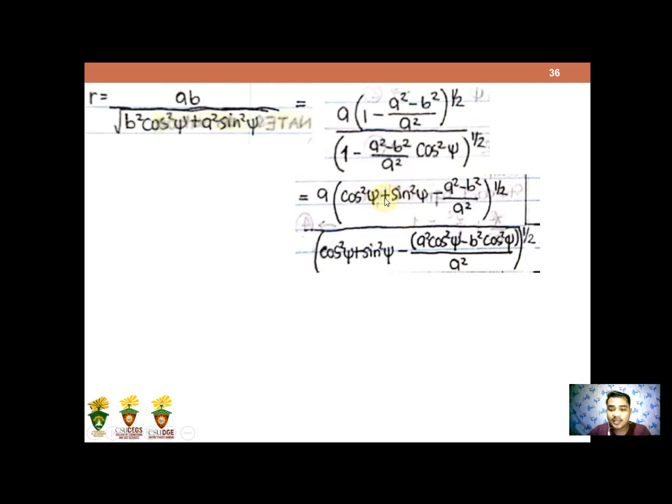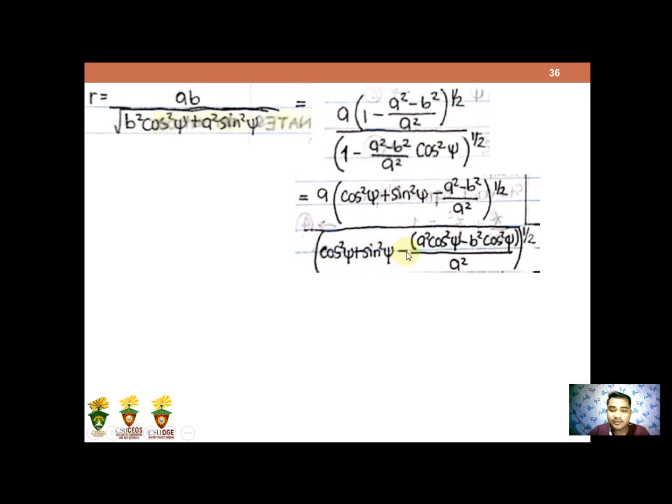So we will apply it in our derivations. Since there is a 1 here, we need to break it down. The numerator becomes a times the quantity cosine squared geocentric latitude plus sine squared geocentric latitude minus a squared minus b squared over a squared, raised to the power of 1/2. Same in the denominator, 1 becomes cosine squared geocentric latitude plus sine squared geocentric